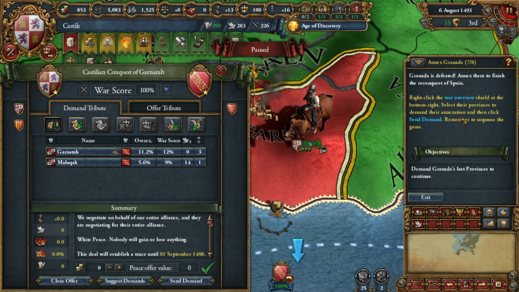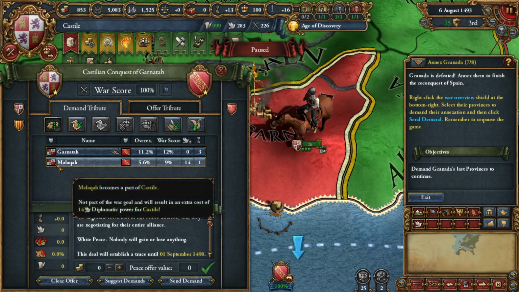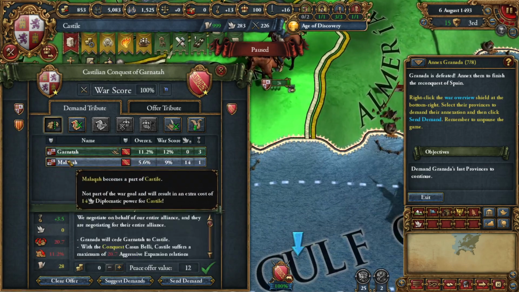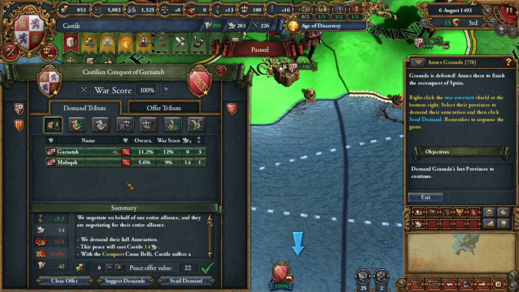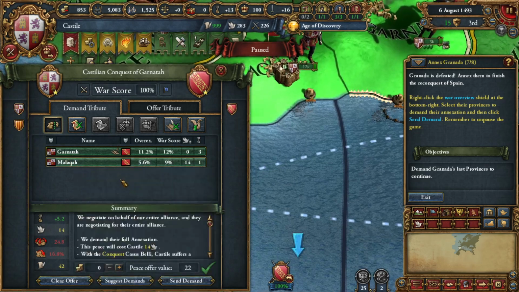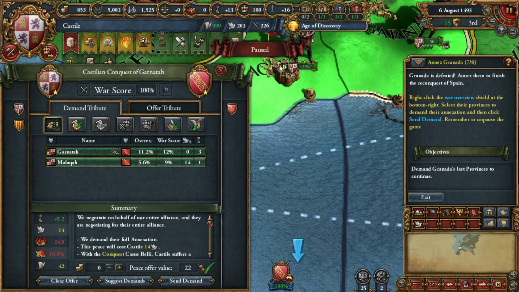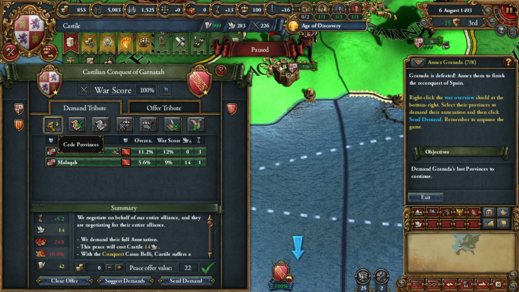Select their provinces to demand the thing. So, right, and then click send demand. So what I want is